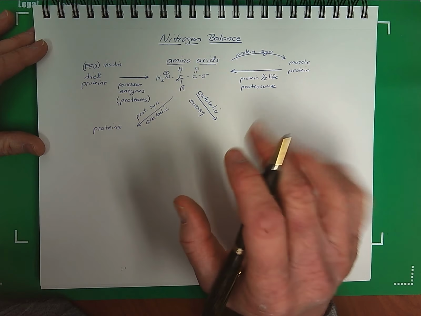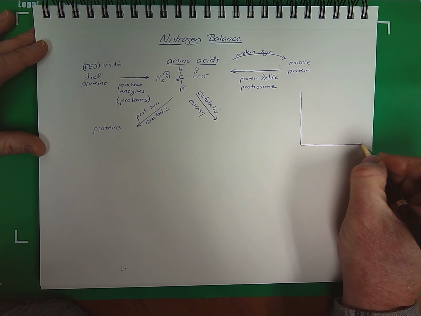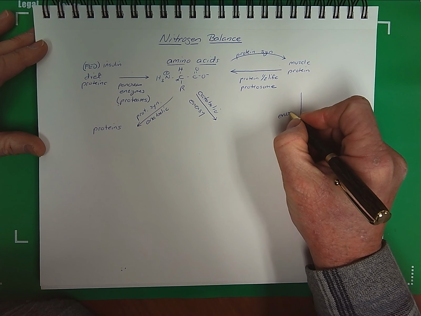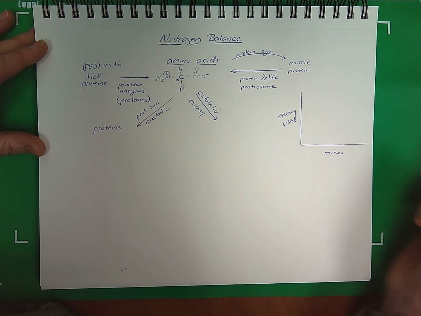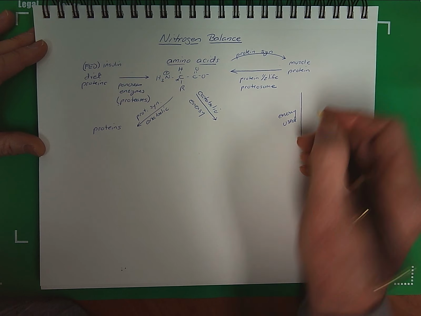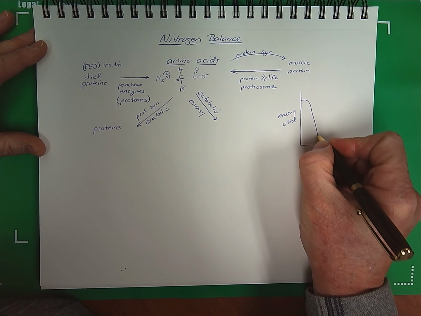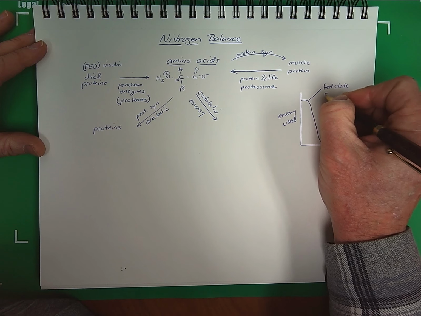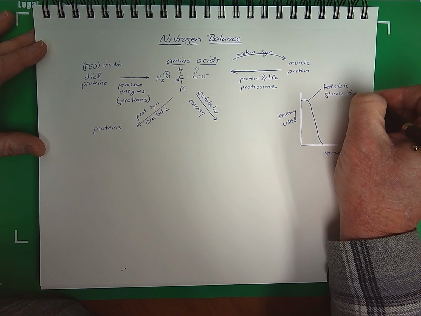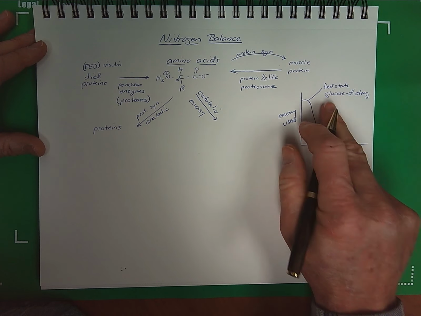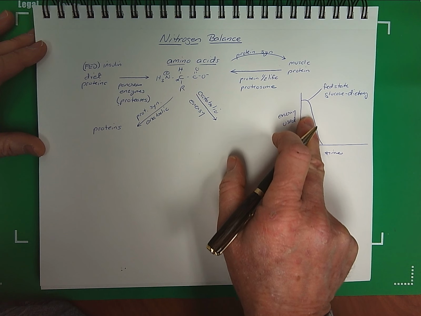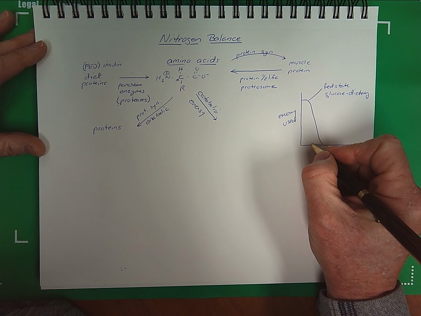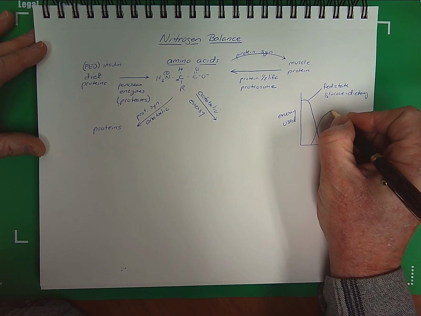Now, what happens when we get a little farther out on our energy utilization scale? So let's look at time versus energy used. Now recall, at early times following feeding, our first energy source we are going to be using, being in a fed state, is going to be glucose from dietary sources. So once we ingest the glucose in our diet, we are going to be using this energy until it's depleted. Now once this is depleted, we are going to be transitioning into the fasting state, and then we are going to be using glycogen